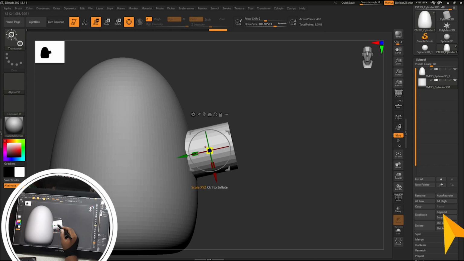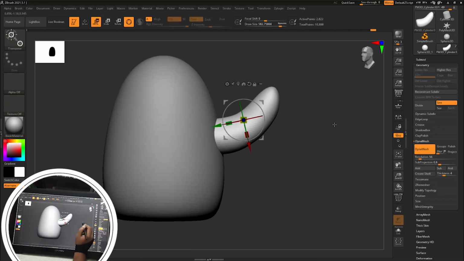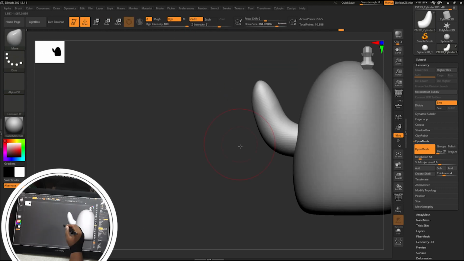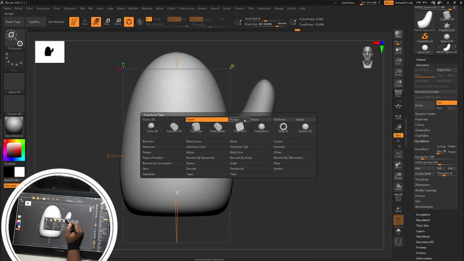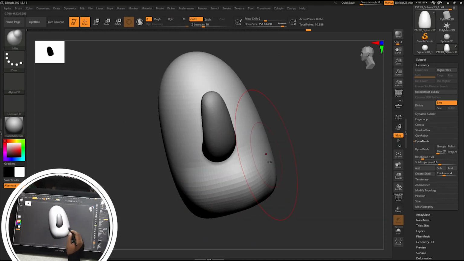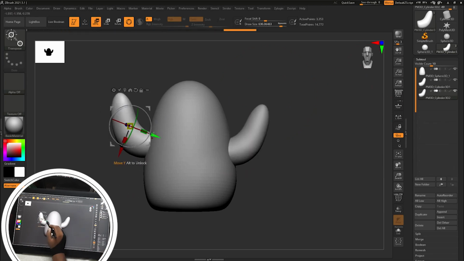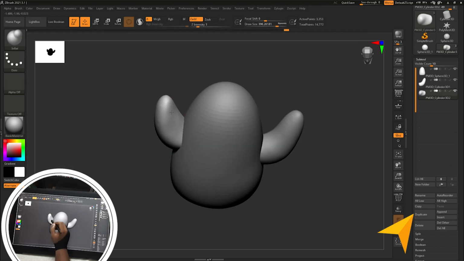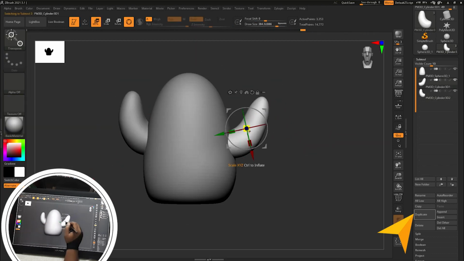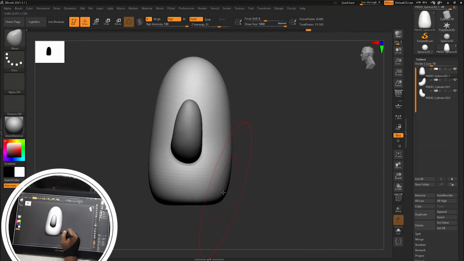Append a cylinder for the hands of the character. Then turn on Dynamesh and adjust it using the move brush, smooth brush and gizmo. I forgot to accept this, so W and accept. Changing the shapes and forms using the move brush and inflate brush, duplicated the hands by the duplicate key and adjusting it. Looking at it from different angles.